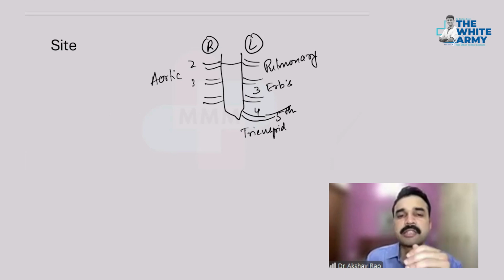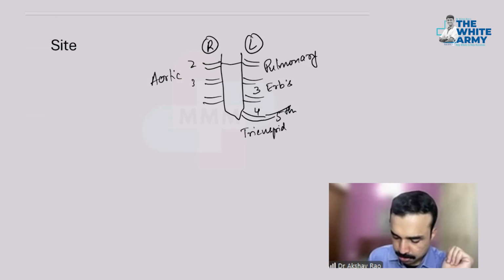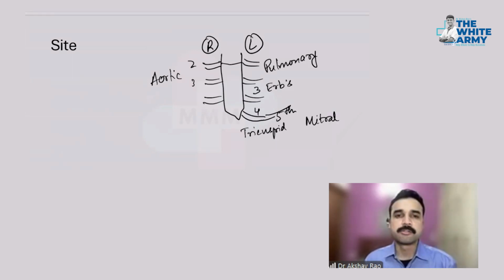So normally you expect the apex to be in the fifth intercostal space, half an inch medial to the left mid-clavicular line. So that is where you will place the mitral area. But in case of a pathology, for example, in a patient with mitral regurgitation, there may be a left ventricular enlargement, and that will push the apex downwards and outwards. So supposing the apical impulse, which is the lowermost and outermost point of definite cardiac impulse that can be palpated,